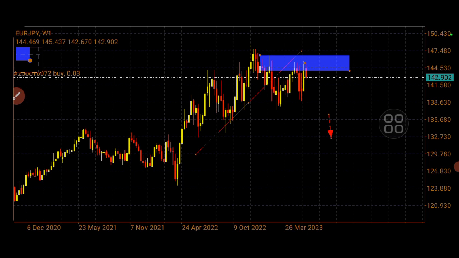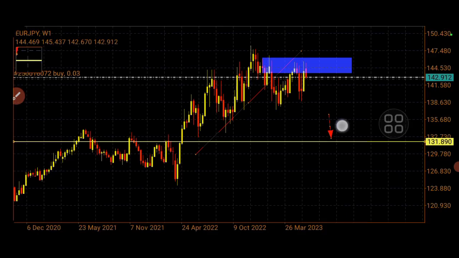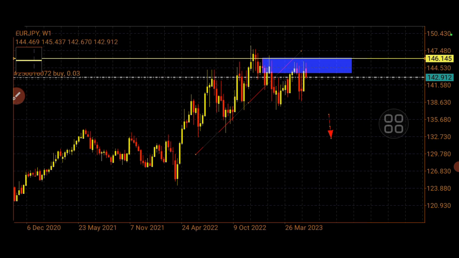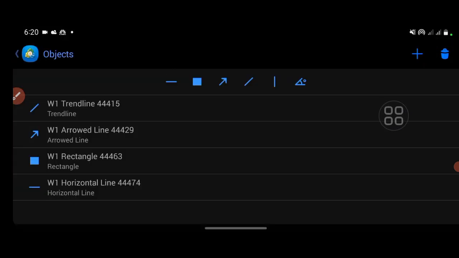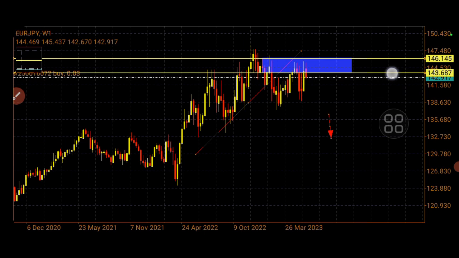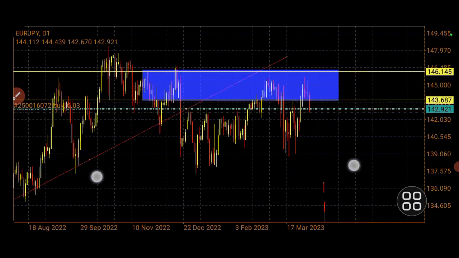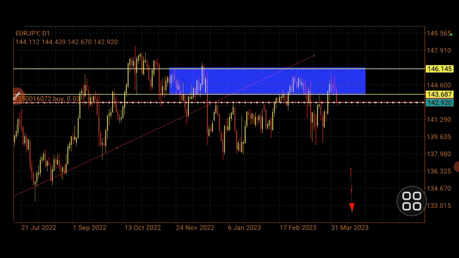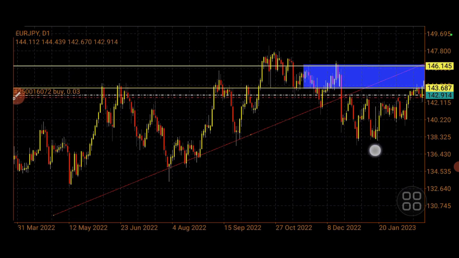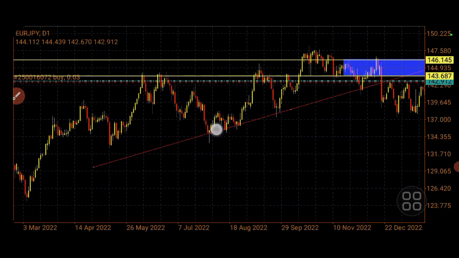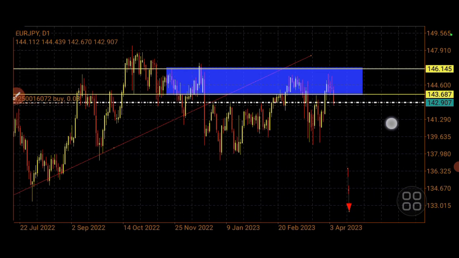When I use this, look at this dodgy candle. When I mark this dodgy candle, all I need to do is something like this. Something like this, yeah. So this is for weekly. Then I will go to daily and see something similar, or I can get something much more important. So this side, I don't need to go far. I don't need to go far towards this side. All I need to focus on